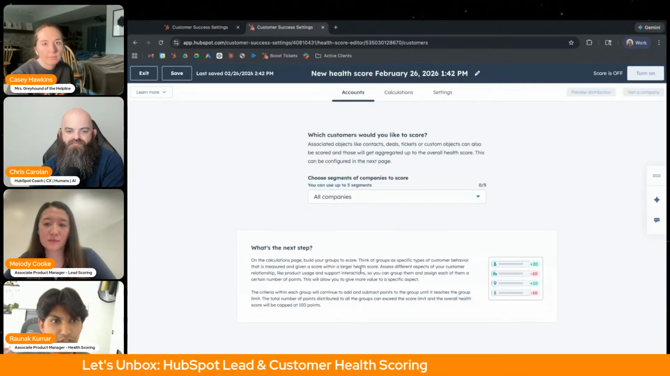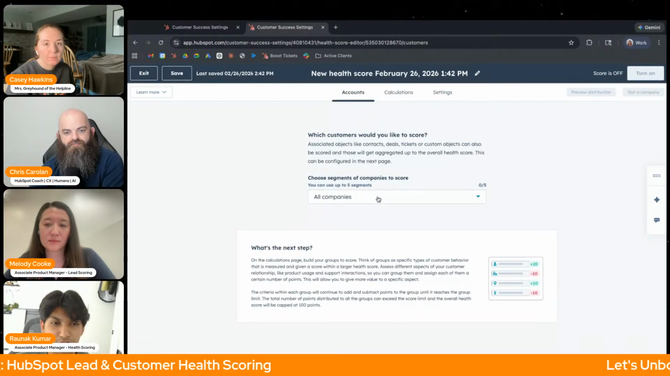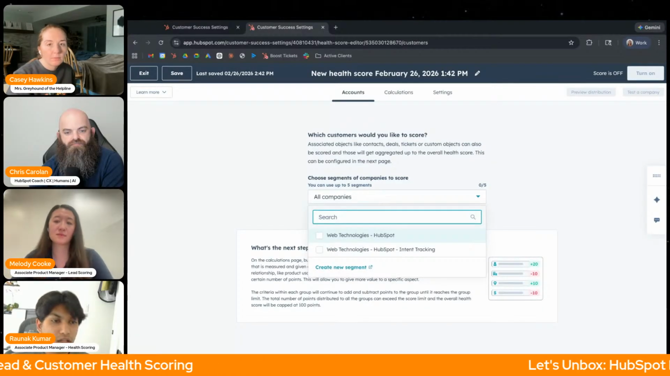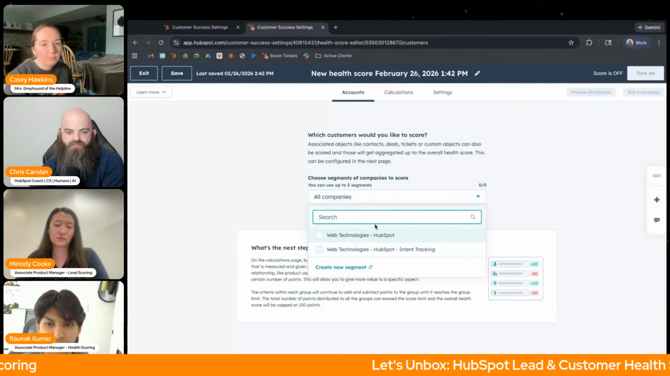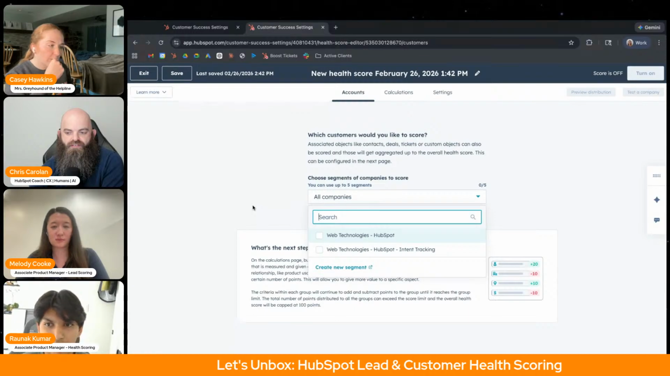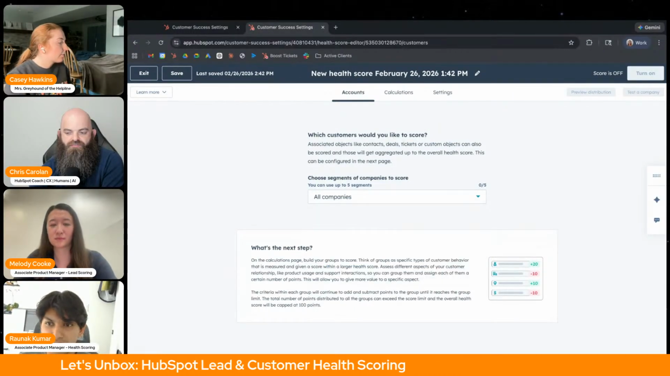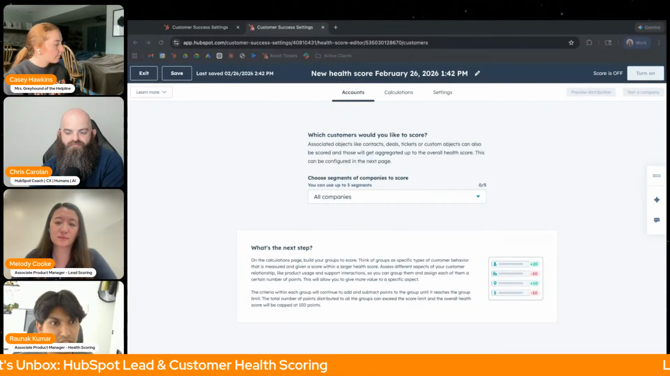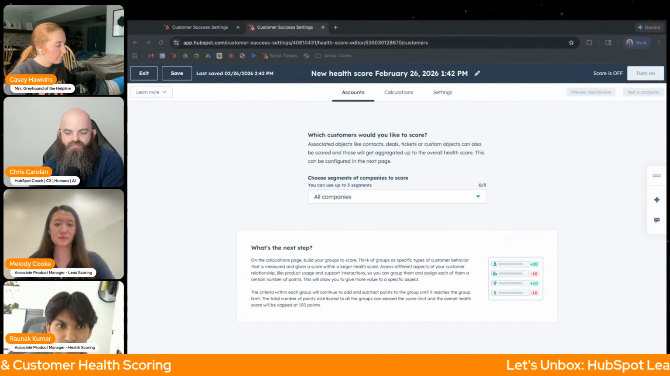So first, before you do that, you can just see which list of customers you want to be scoring. So you can score all companies. If you have certain segmentations that you want to look at, such as strategic accounts, you can say create new segment. You could look at SMBs. You can create a lot of different types of scorings because success looks different for each type of account. But from there, when you go to calculations,